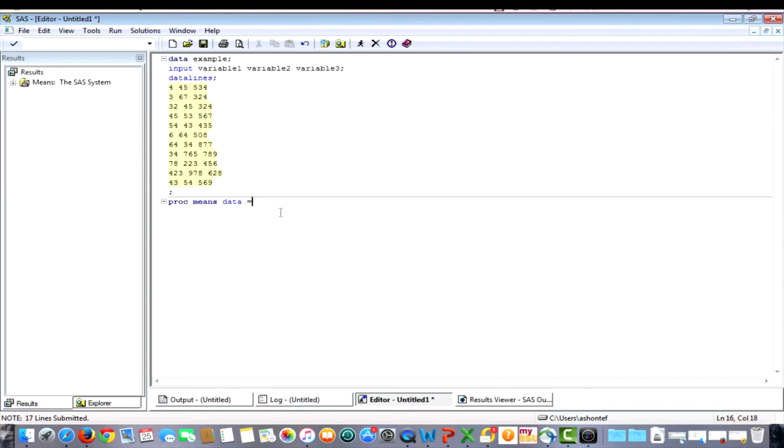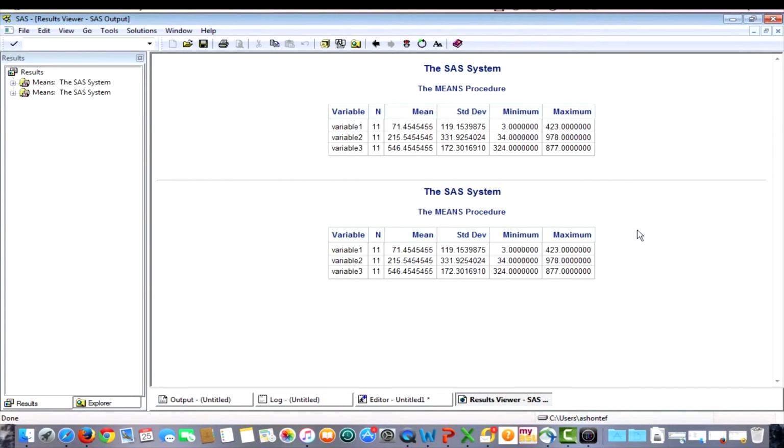So we're going to have proc means data is equal to the name of your data file. In this example, I used example. Just like in SAS, you want to end your line with a semicolon, and then we're going to run it. And so we'll go up to our little running man and submit that. And as you can see, I got a nice little chart that's going to give me the n, mean, standard